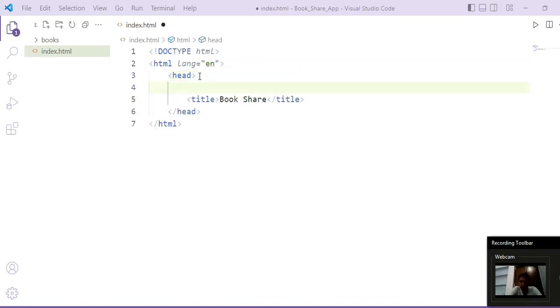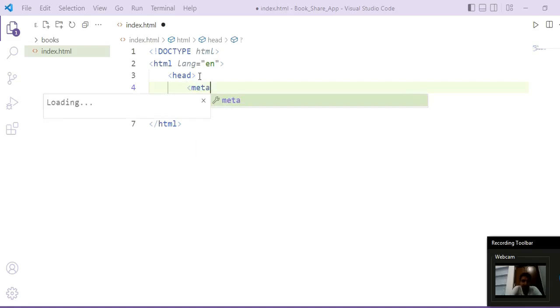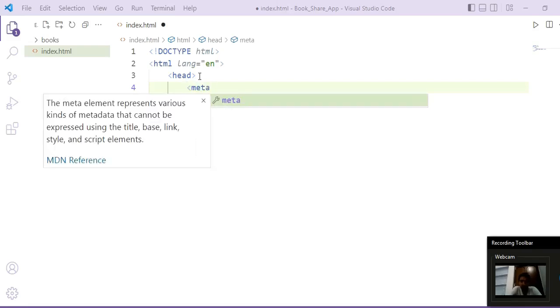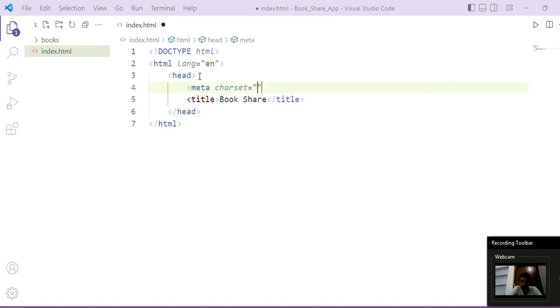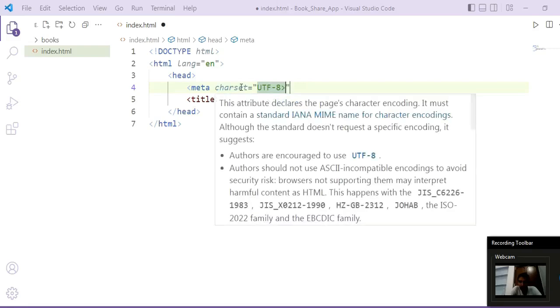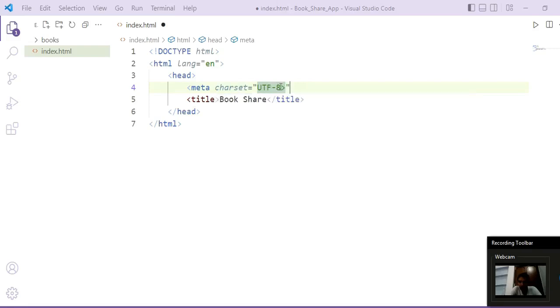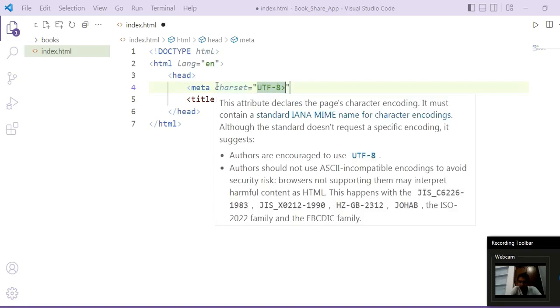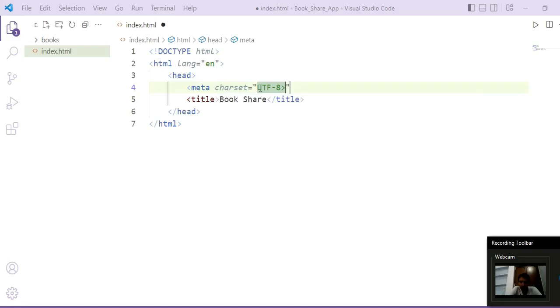Okay, and now I'm going to write some metadata, so we write it using meta tag, meta charset equals UTF-8. So it means that this page is using Unicode Transformation Format 8 type of encoding. So it means हमारा जो पेज है वो UTF-8 encoding को यूज करेगा for character encodings.